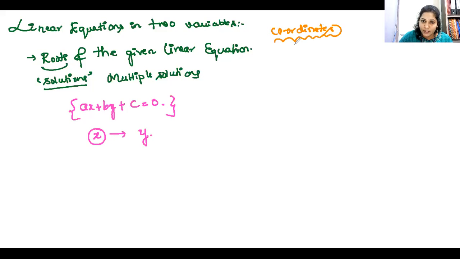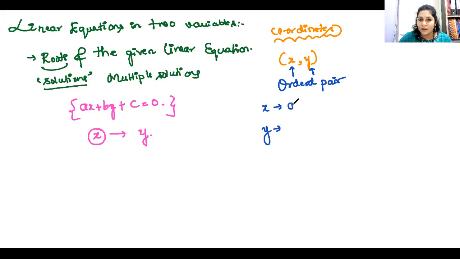Usually the coordinates are represented as x comma y. If you have studied the chapter on coordinate geometry, I think you know this basics. x comma y, what do we call this? We call it an ordered pair, correct? The pair x comma y, we call it an ordered pair. You should always first write the x part and then the y part. What is x specifically called? Can anyone answer? Abscissa. Very good. Abscissa, correct?